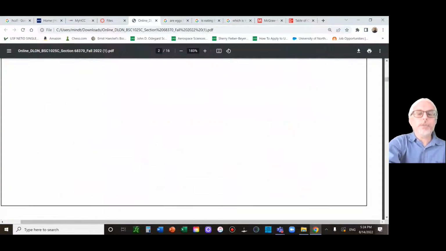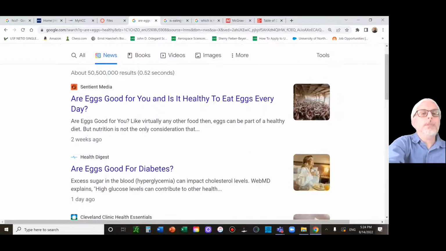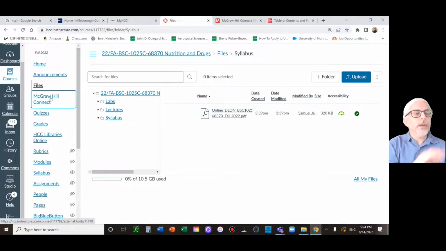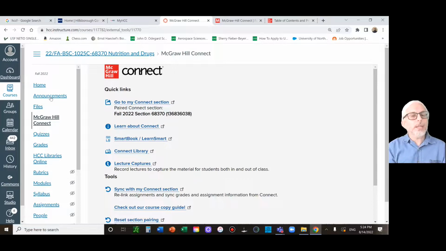All right, so that's everything in your syllabus. Go back to the very first page. There you go. Go ahead and close that, and I don't need these anymore. Okay, so that was your files link. Now, for the McGraw-Hill materials, you either need the ebook or the physical book. You do not need both. I don't care which one you buy. You don't need both. But this is already linked.